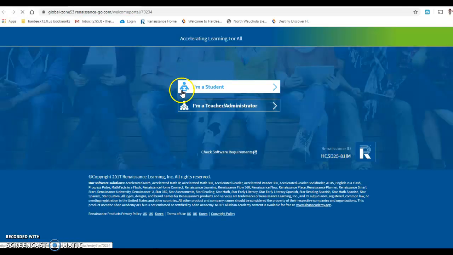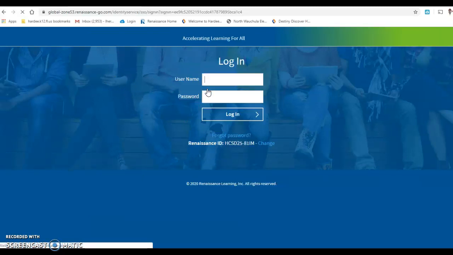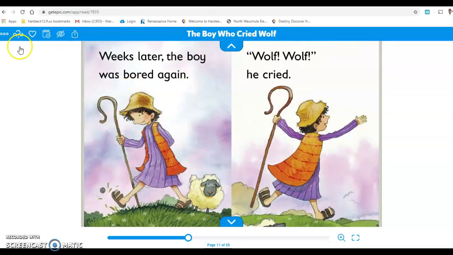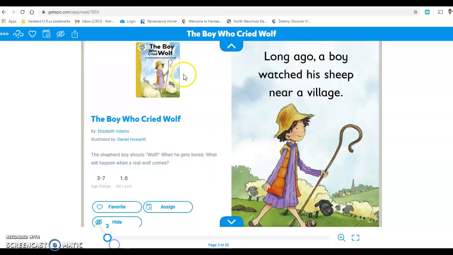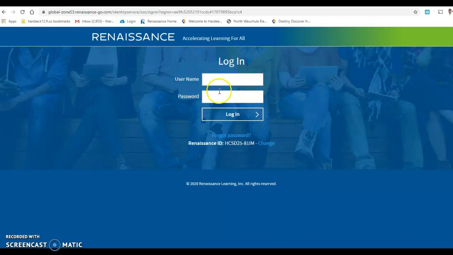This should look familiar. When you go to take an AR test, you click on I'm a student, you put in your information, and you're going to search for the book that you read in Epic. So this was called The Boy Who Cried Wolf by Elizabeth Adams. So you would type that in when you get into your Renaissance,